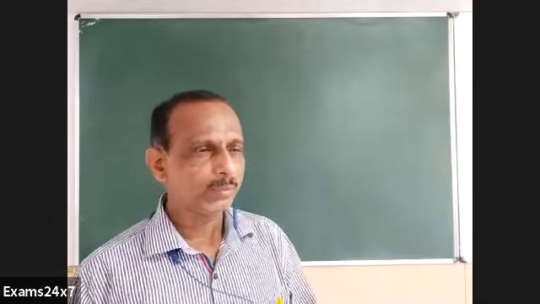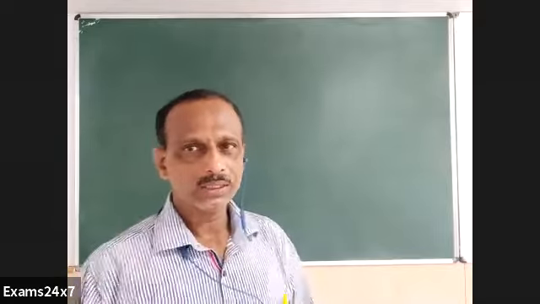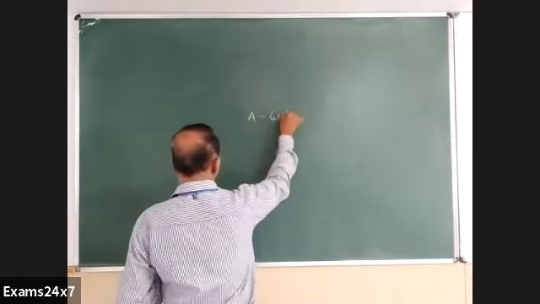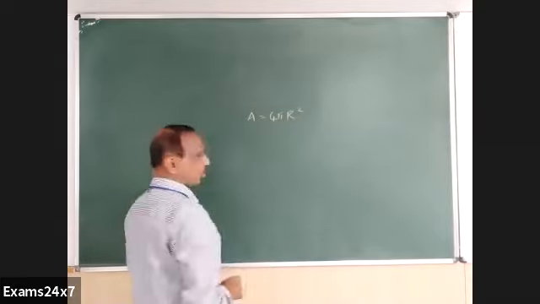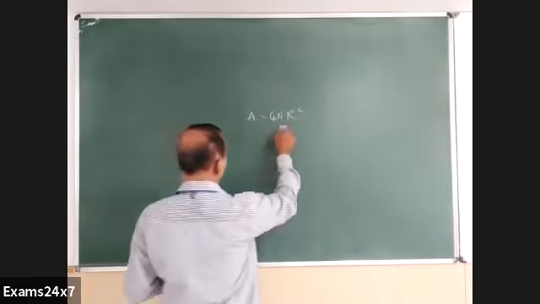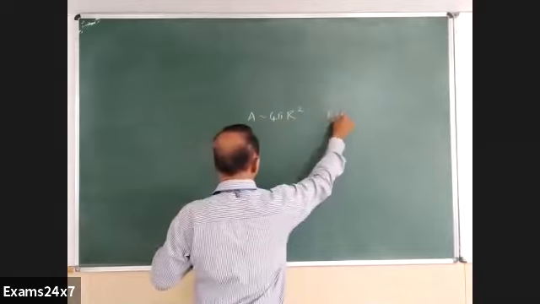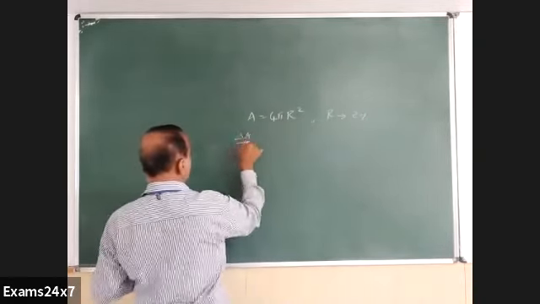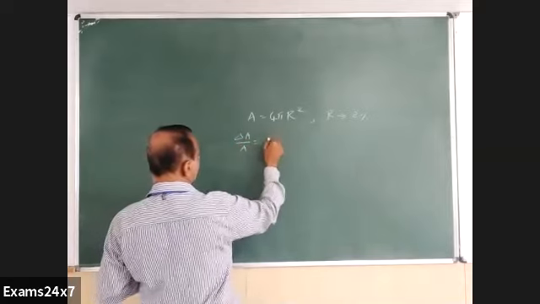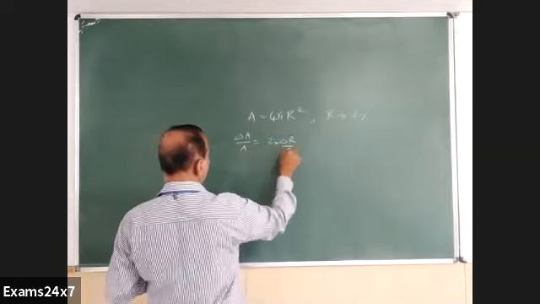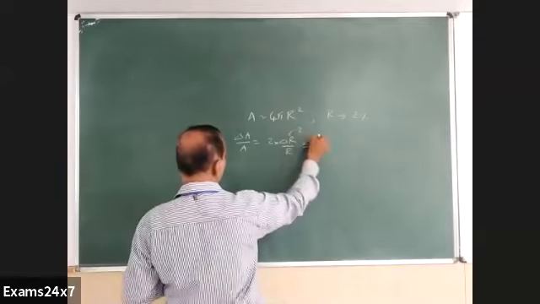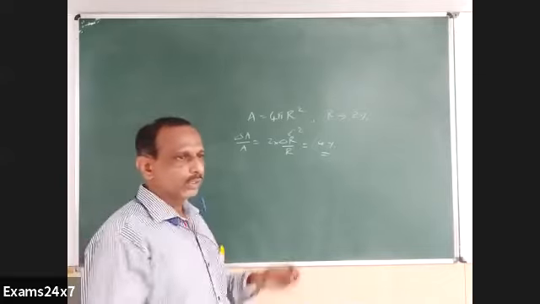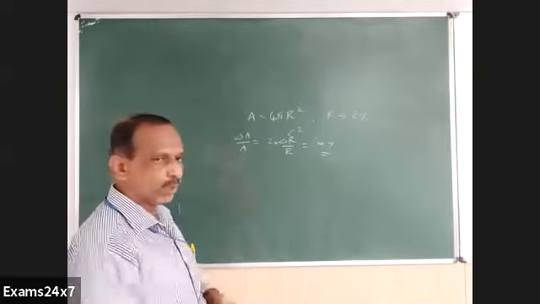Knowing the error in the measurement of radius, we had the formula 4 pi r square, area equal to 4 pi r square used in one of those questions with the error in the measurement of radius given as 2%. So delta A by A became 2 into delta R by R, that is exactly 2 into 2, 4% became the error in that particular problem. That's one type of problem.